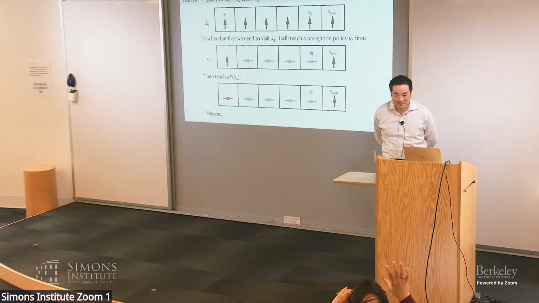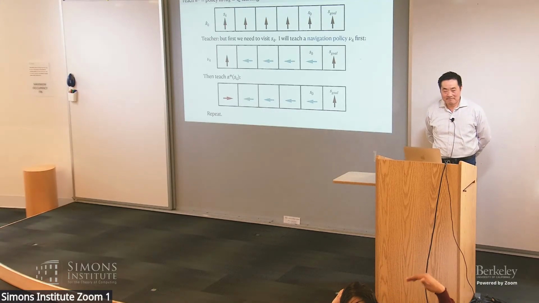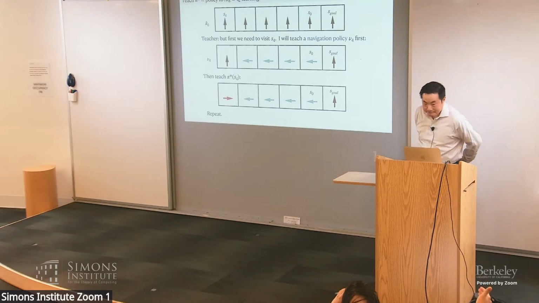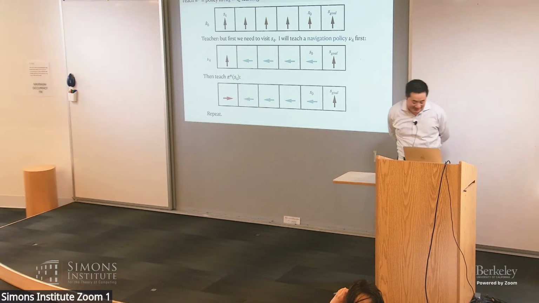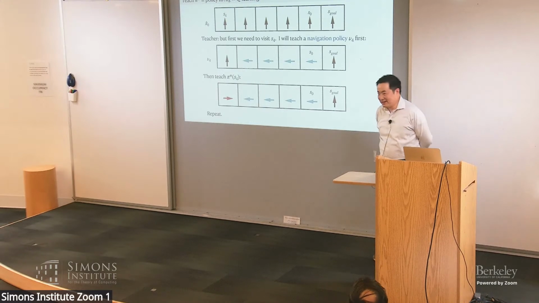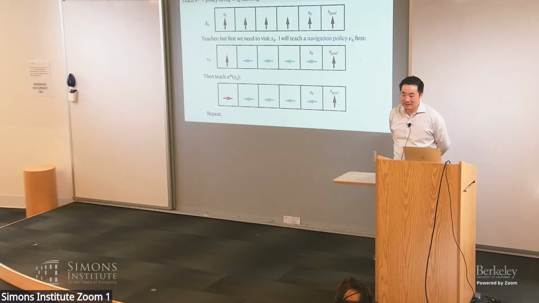No, I understand that. I'm just wondering if there are results similar to that of teaching dimension, where you can talk about what's the optimal set of demonstrations to give for a willing learner to converge quickly. Yes, the short answer is yes. But again, it depends on the limitation we put on the teacher. For example, can the teacher access state at will, or must the teacher follow the underlying Markov decision process to go to states? And that will affect the sample complexity a lot.